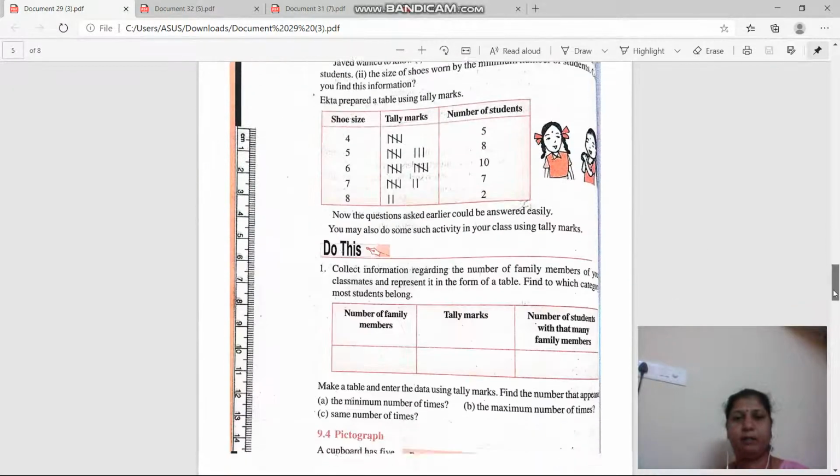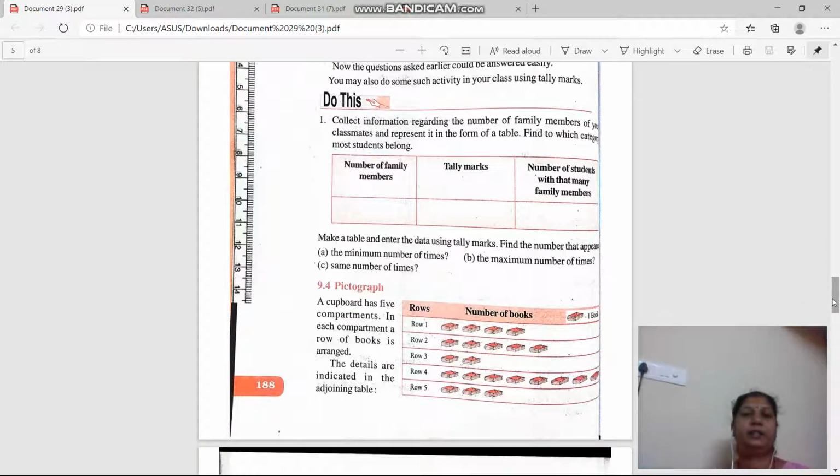Now the next thing we are studying is the pictograph. The name itself tells us about it. Pictograph is a combination of two words, picto and graph. A pictograph is a graph in which the information is represented with the help of pictures. Get it? See here, by mere observation you can see the number of books are represented by the